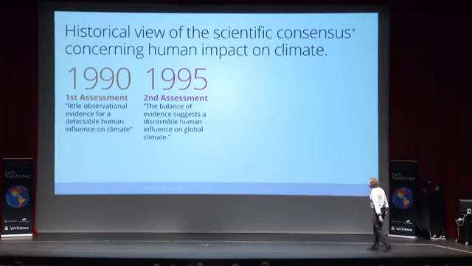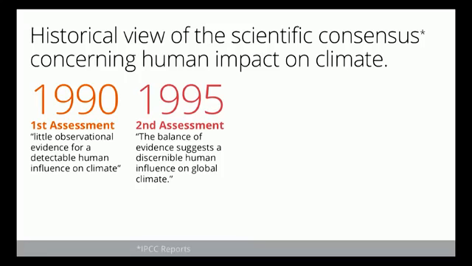In 1995, 5 years later, the conclusion was the balance of evidence suggests a discernible human influence on global climate. This is a time when the United States, where I think most people got involved in this problem, and I got involved because I didn't believe the statement. I thought the models were too primitive at the time, the data sets hadn't been cleaned up yet, and the trends just were still relatively small, and a lot of scientists got involved in the US because scientists love to prove things are wrong. Right?